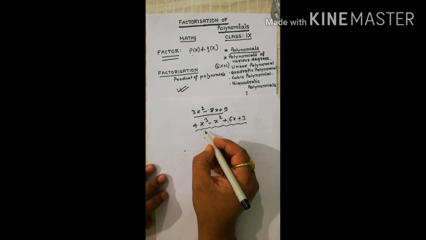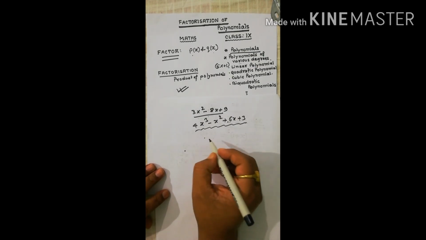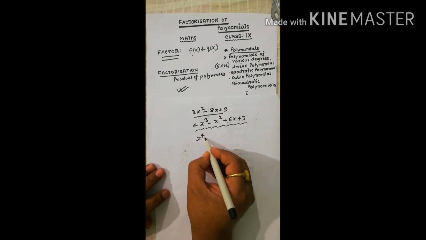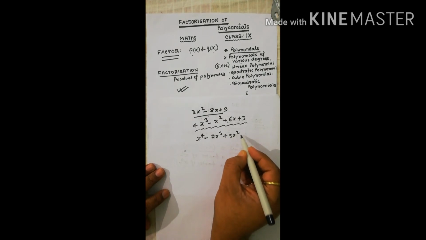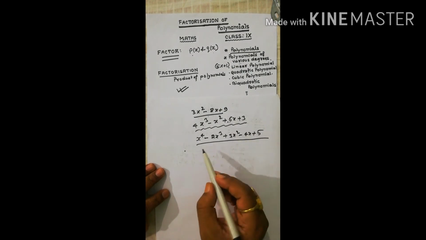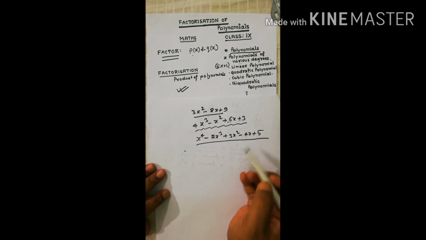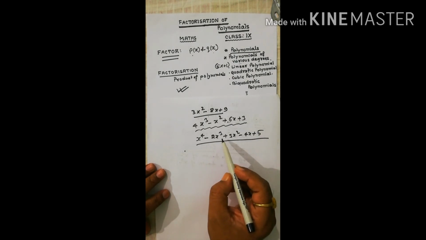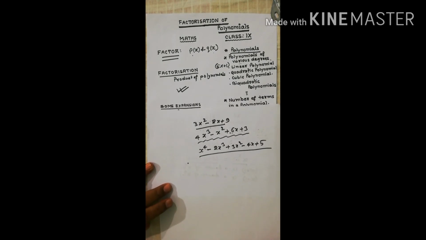What is biquadratic? A polynomial of degree 4 is called a biquadratic polynomial. For example, x to the power 4 minus 2x cube plus 3x square minus 4x plus 5. If you take like this, then the highest power of the variable term is 4. So this is a biquadratic polynomial. So these are polynomials of various degrees, that is linear, quadratic, cubic, biquadratic, etc. Similarly,